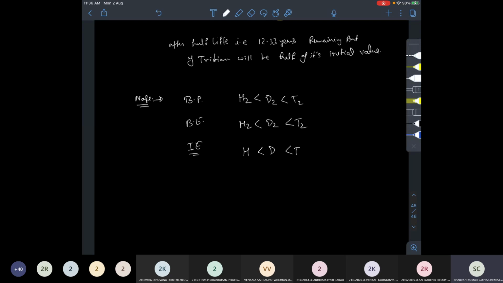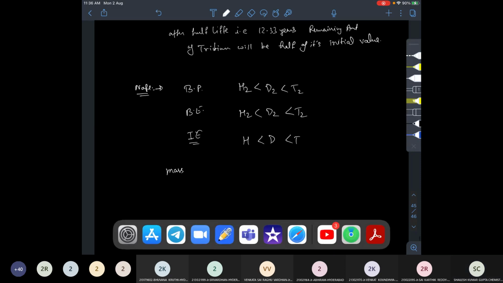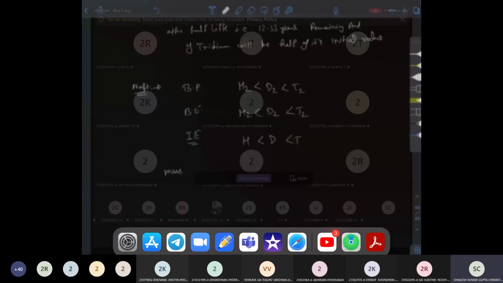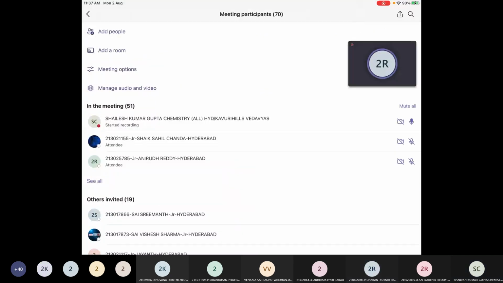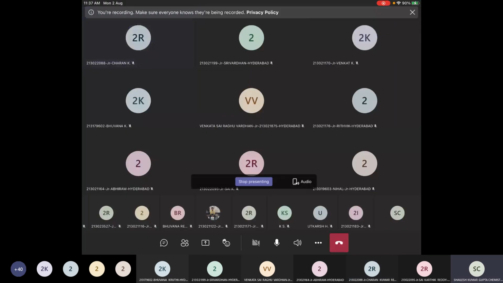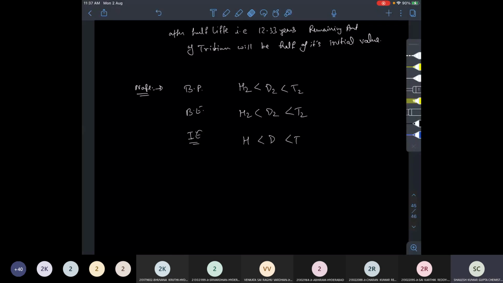It should be meaningful. One of the students very rightly quoted about mass defect. Who is it? What's your name, buddy? Charan, sir. Okay, fine, Charan. Your answer is absolutely correct. Mass defect. So I will tell you the general thing about looking at the ionization energy: if you remember